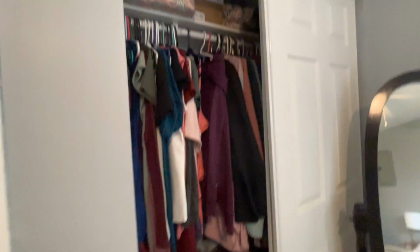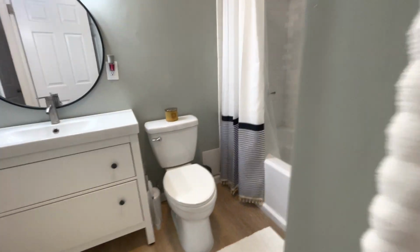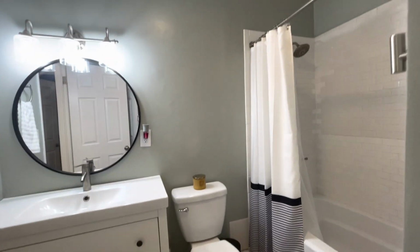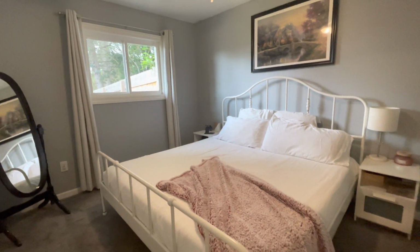And a nice size closet here. And then I talked about it, but we might as well see it for ourselves. This is the door into the bathroom. Really nice size bedroom. All right, we're gonna back up into the hallway and then go, this would be bedroom